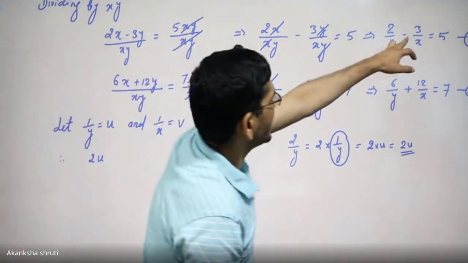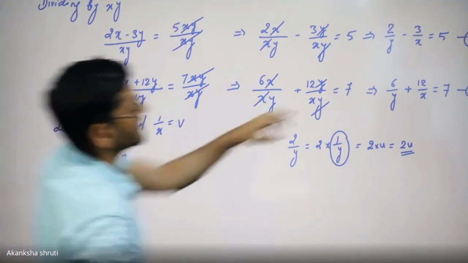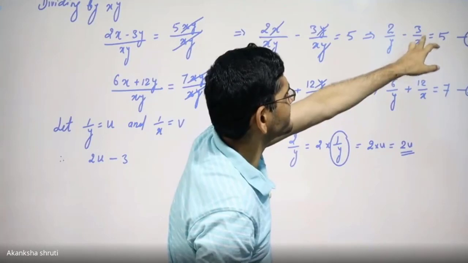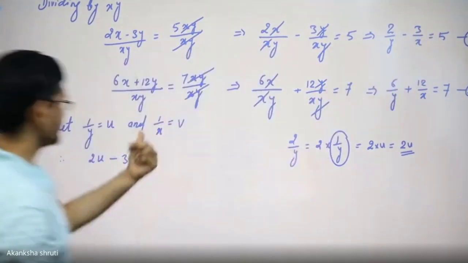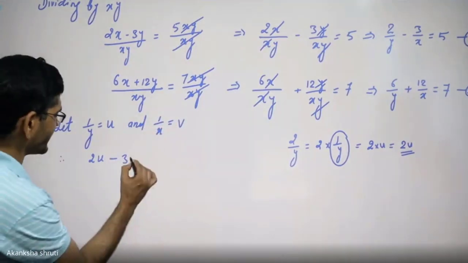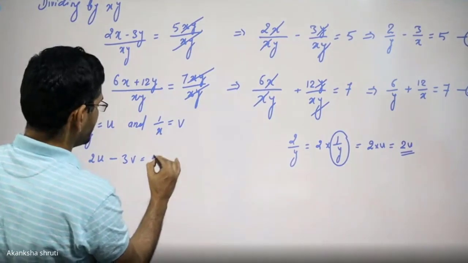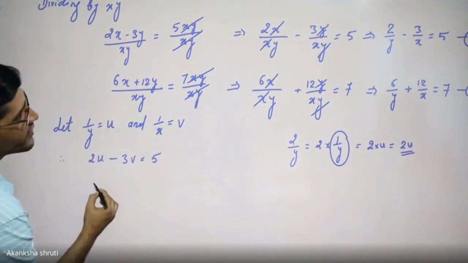Whatever the sign, you have to maintain this as it is, minus 3. Whatever this number, that will remain as it is. This 3 by x means 3 into 1 by x, so we can write this as 3v, because 1 by x is like v. And the right hand side is simply the number 5. Also applying this substitution in equation 4, we will get